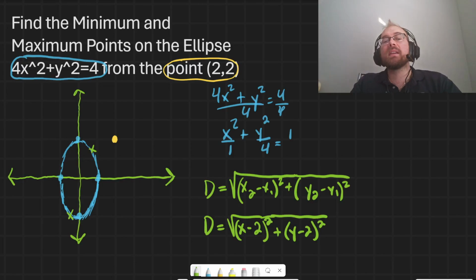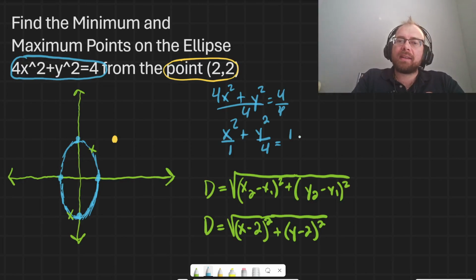So we want this. Well, this is a function with technically 3 variables, the distance variable and the x variable and the y variable, and that's why this equation can be done using Calc 3 because it's multivariable calculus. We don't need it because we can take the ellipse equation and turn it into a set of 2 different functions, like a top half and a bottom half,